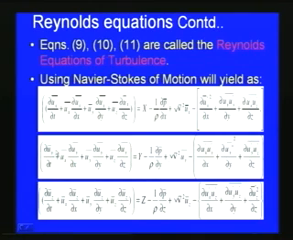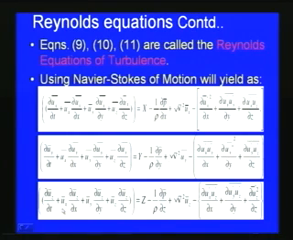In a similar way, in the y direction we can write del u y bar by del t plus u x bar del u y bar by del x plus u y bar del u y bar by del y plus u z bar del u y bar by del z is equal to Y minus 1 by rho del p bar by del y plus nu into del square u y bar minus del u x dash u y dash bar by del x plus del u y dash bar square by del y plus del u y dash u z dash bar by del z. This is the Navier-Stokes form of the turbulent flow equation in the y direction, and in the z direction we can write